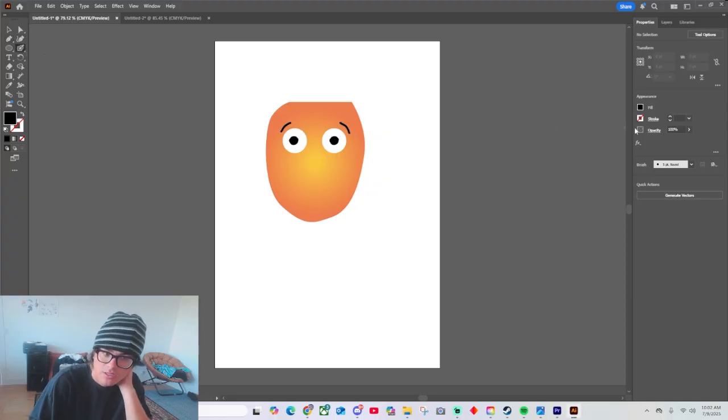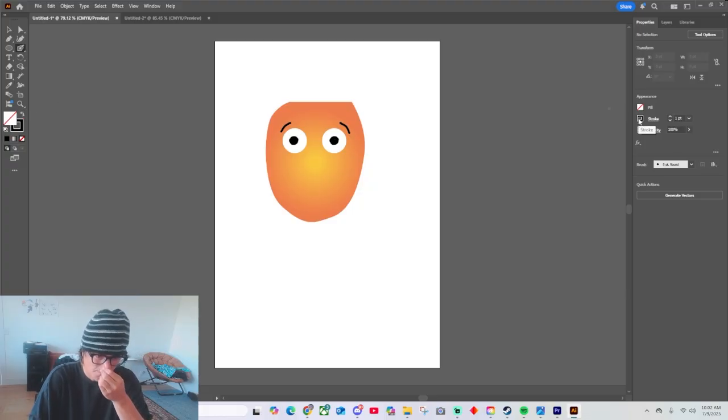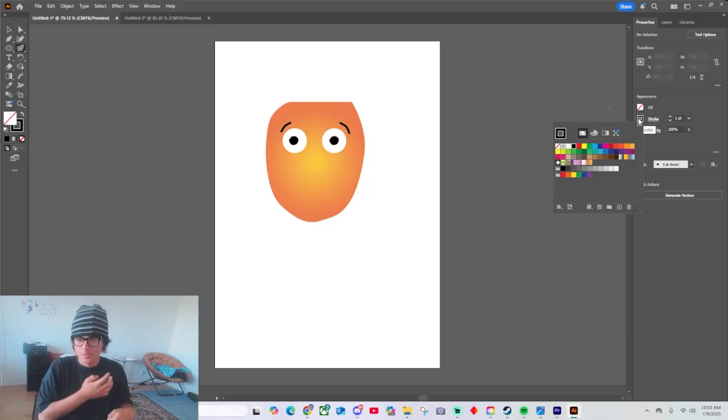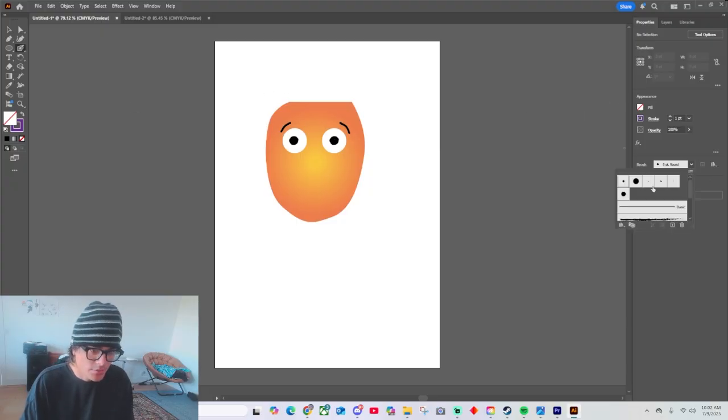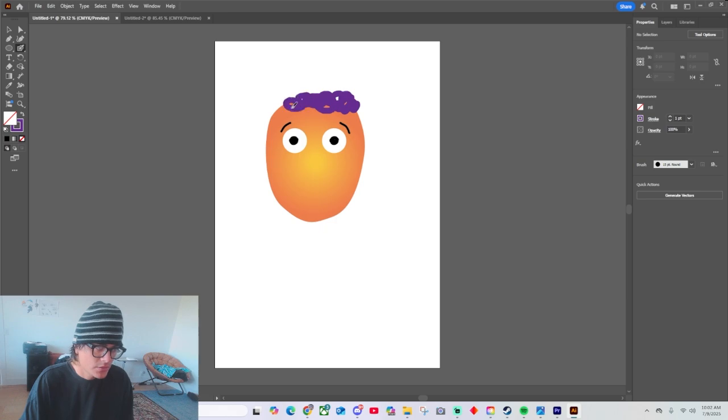So click Shift B. Also, always make sure you use the stroke, I believe you press X. When you're drawing with the blob brush, make sure you use the stroke. And then I'm going to give this fella some purple hair, because purple's lit. I'm going to use the 15-point round, and I'm just going to give this fella some nice hair with the blob brush. And the reason I want to use this over the brush tool and way over the pen tool is just due to the fact that